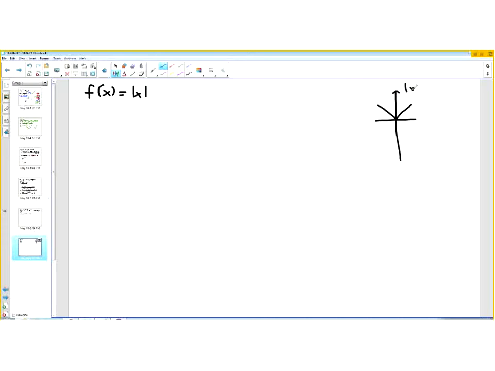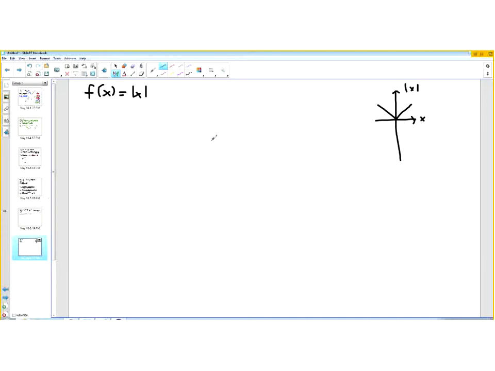f of x, which is equal to the absolute value of x, is a continuous function. It exists for all values in its domain, which is the entire x-axis. So it is a continuous function. So let's calculate its derivative. Before we do that, remember the notion that whenever you do any kind of